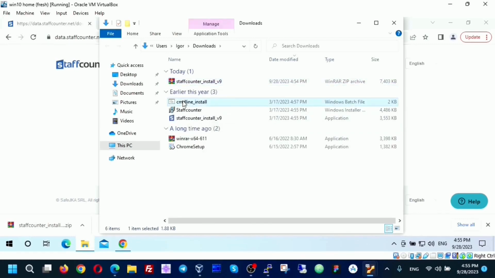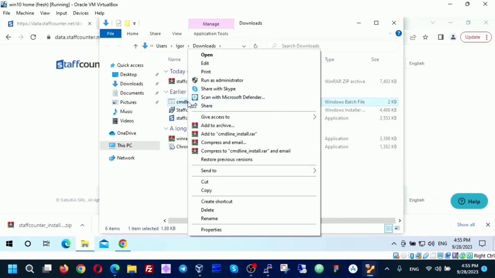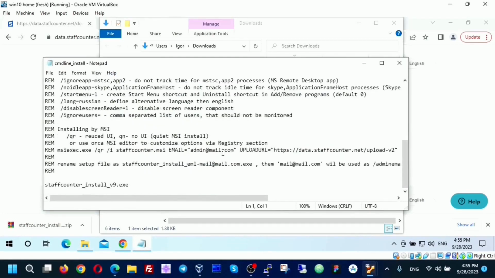And here we must change some parameters in this file. By default, the Staff Counter program connects to the cloud server, but we have to connect it to the local server. Here, in this bat file, we must change the connection address. Right-click, Edit, and here we must look for the upload URL.